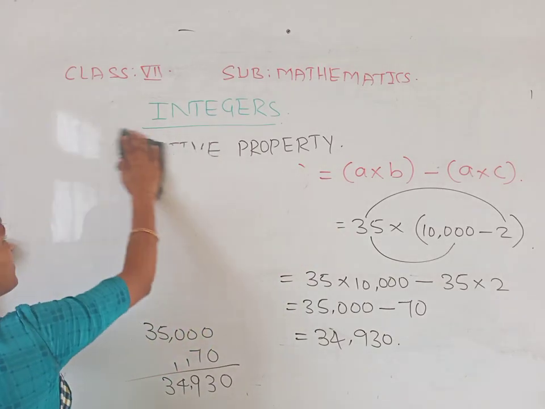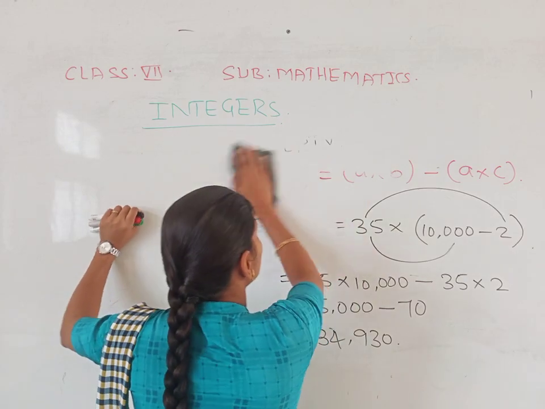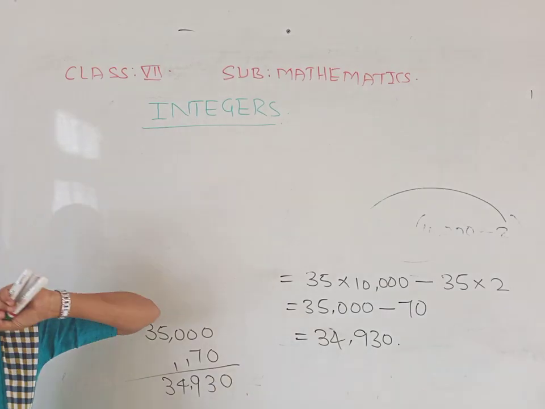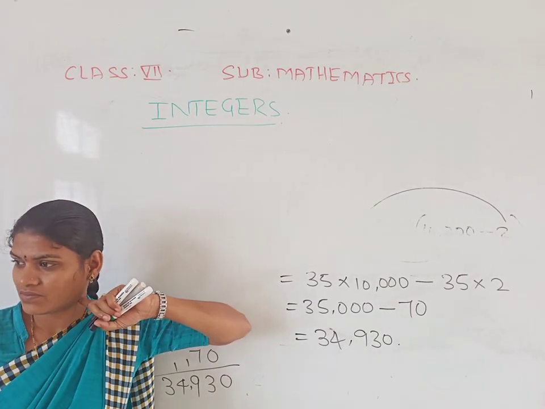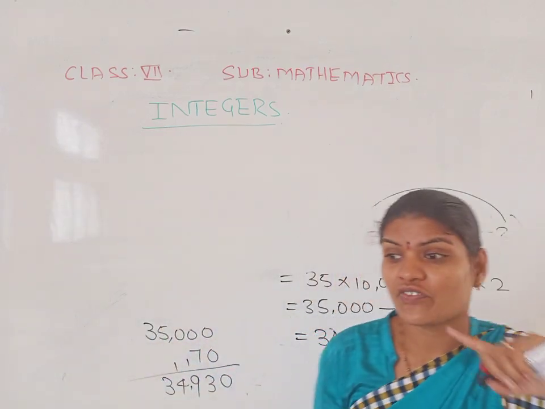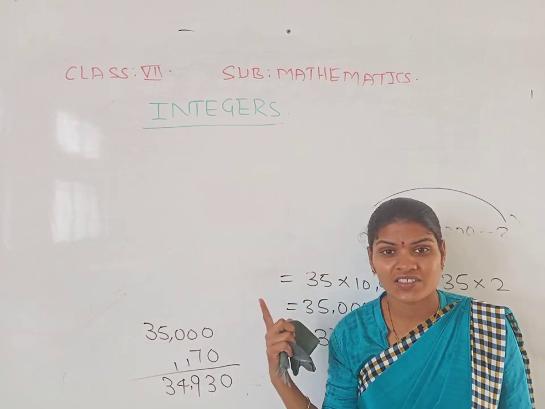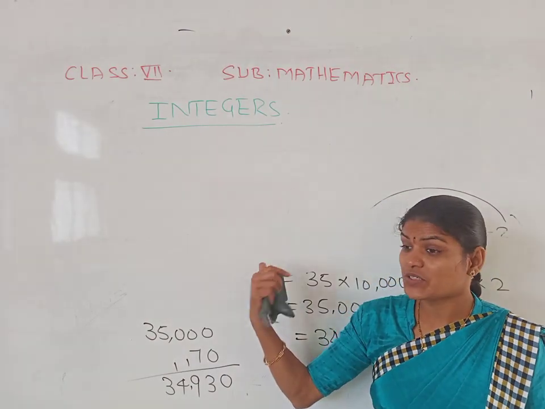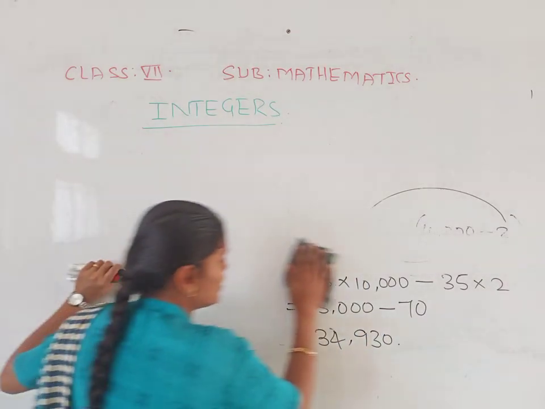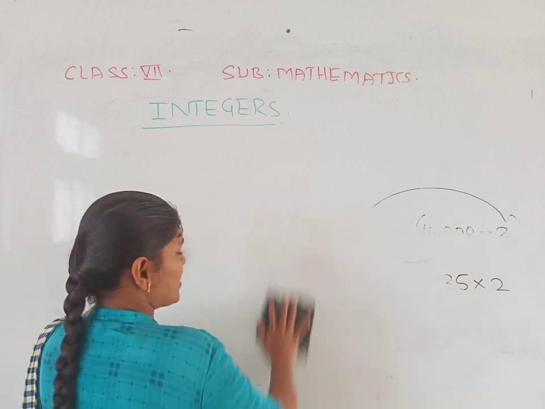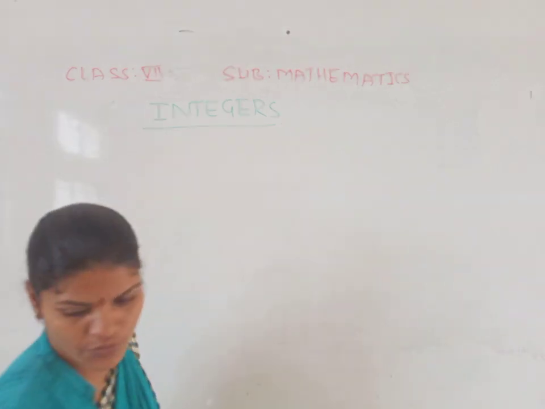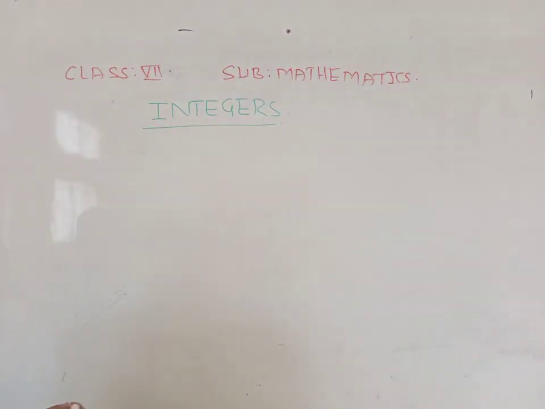Yes, this distributive property, is it clear now? Why do we have to use this distributive property in our maths? Anybody got the hint? Why do we have to learn this one? Very good. To get easily the product of big numbers, very large numbers, we can find the product very easily by using the distributive property. Yes, this is the main beneficial point in the distributive property. For that purpose we have to study this distributive property. Yes, okay. Next one, identity property.